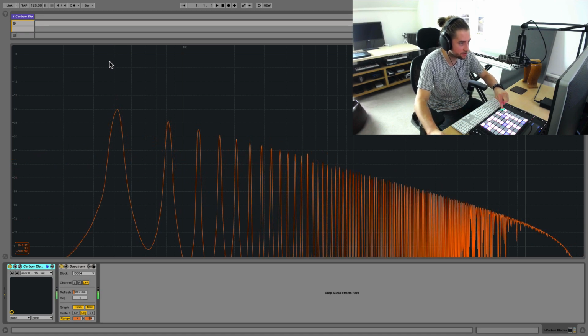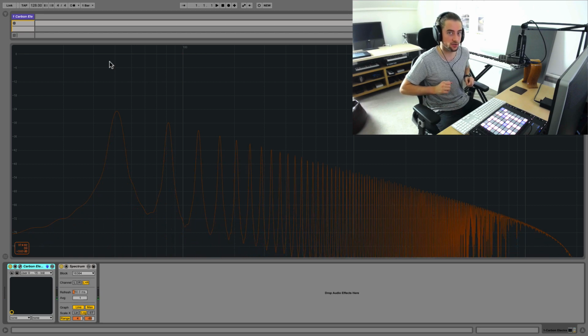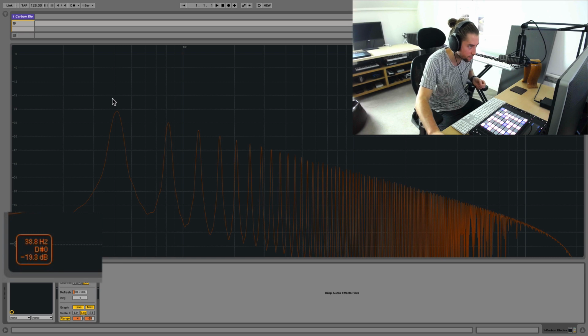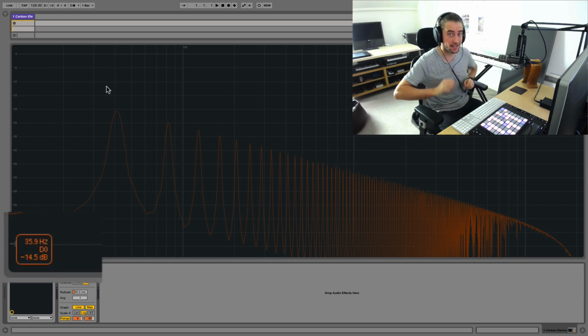Beautiful, absolutely beautiful. That is a sawtooth wave, E0, approximately 41 hertz. You can even see the little, oh, there you go, E0, beautiful. Right, so sawtooth, that is a harmonic sound. Pretty much, in fact, every wave that's a cycle that is played at a pitch will be a harmonic